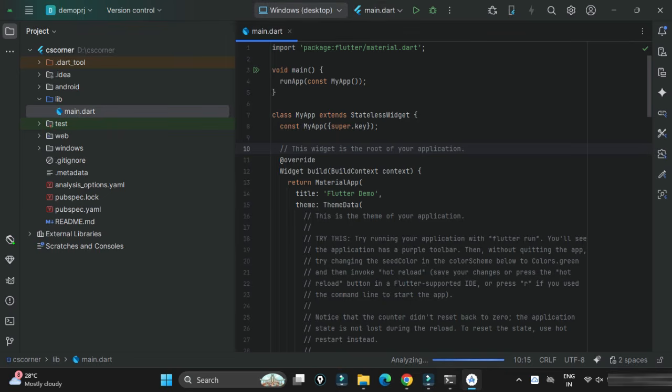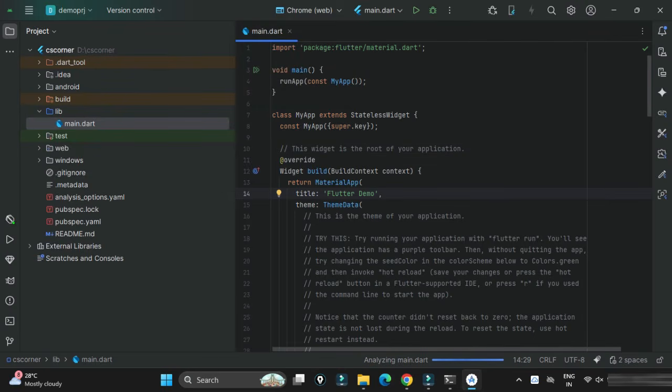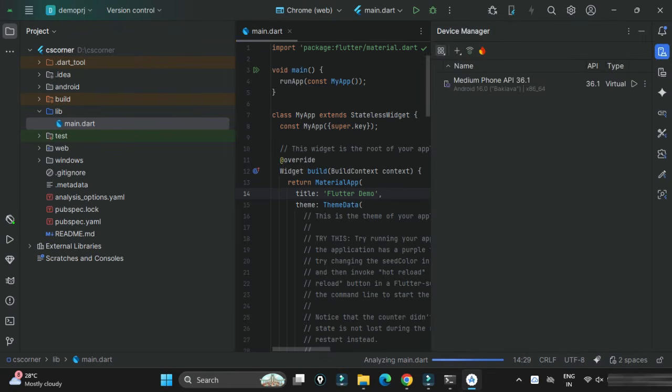And now to run your code, you can see here it's showing me no device selected, right? So where you want to run, you have to select from here. Next thing, I will be showing you how you can get your output on your mobile devices. So if you wish to run your program on mobile devices, you need what? Virtual devices, or you can connect to your phone also in debugging mode. I'm just showing you through virtual devices. But you can go to this device manager, and here you can see my virtual device has been created, right? Now we will start this virtual device. We are not running application. We are just starting virtual device. So you can just click on this play button.